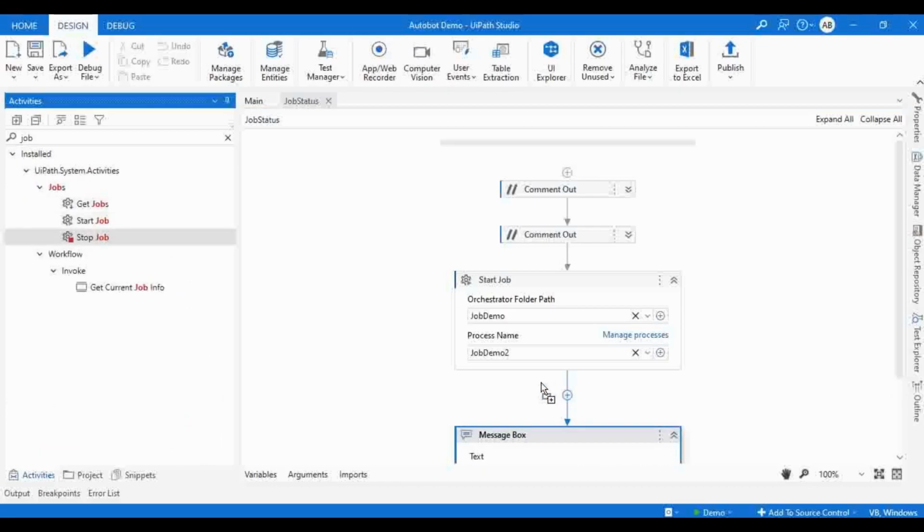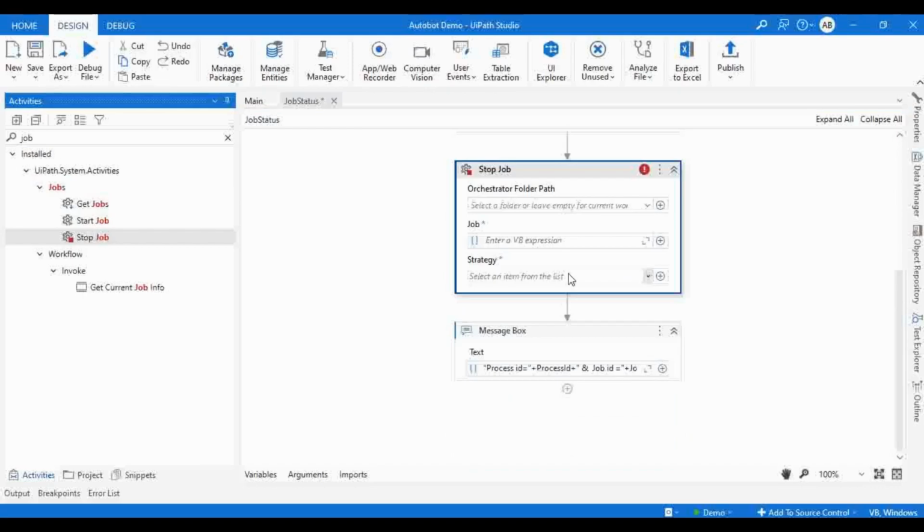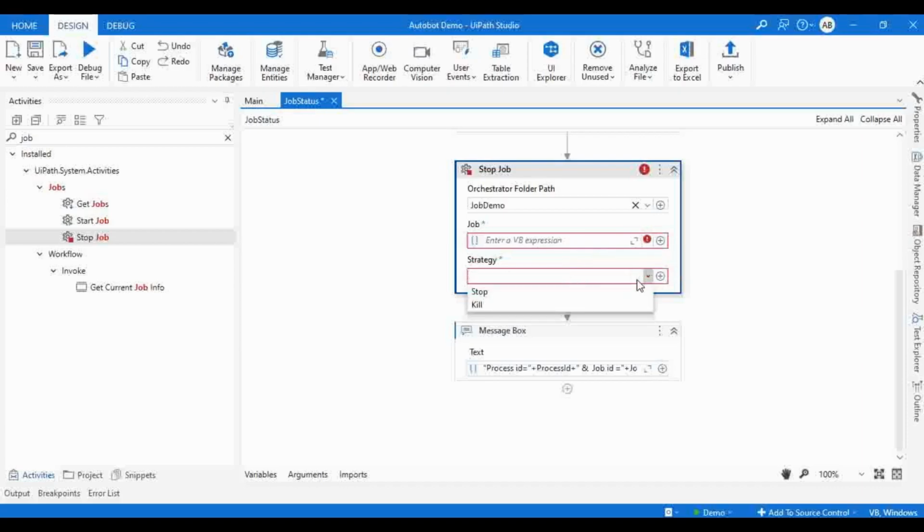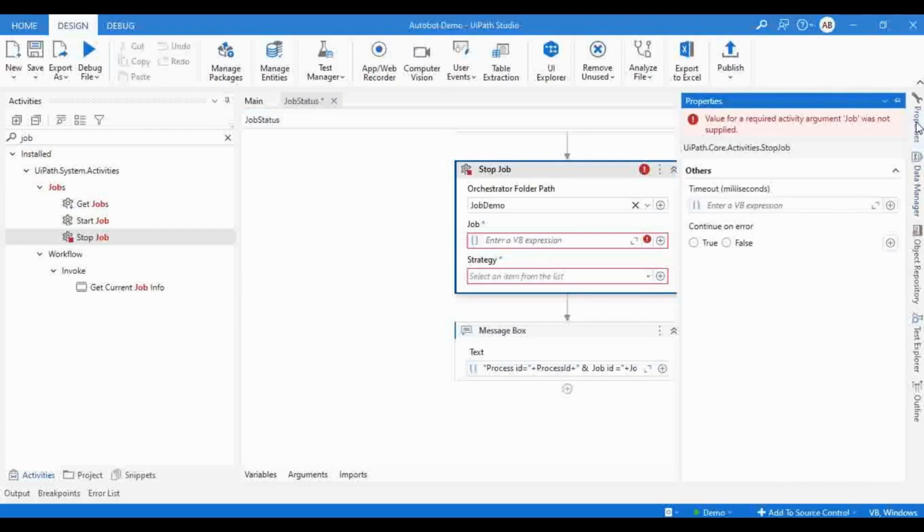Stop Job, right? Same as start, we may have to stop the job also, right? So here what we can do is provide the folder, and we have to give the Orchestrator job ID as the job details, and the strategy, like if we want to stop or kill, that also we can provide. So here what we can do is,